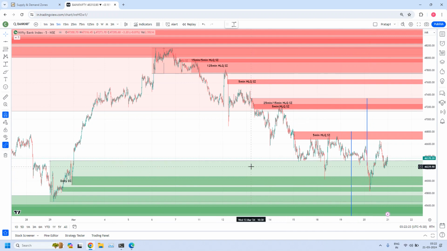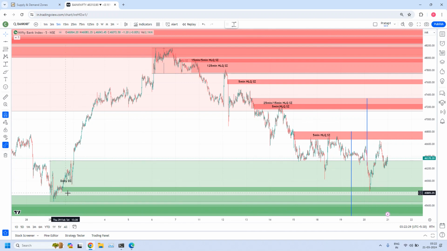We already learned when a zone will be violated. Accordingly, this is violated, so now it is no more valid. Let us delete it. And this is the exercise you are supposed to do. This is what I clearly told you in yesterday's video. I am giving you an exercise. You have to do this exercise. If you find anything, you plan a trade. That is what I told you.